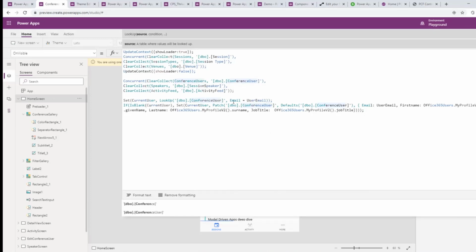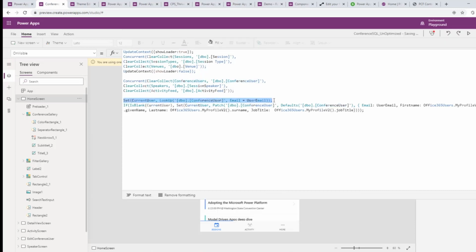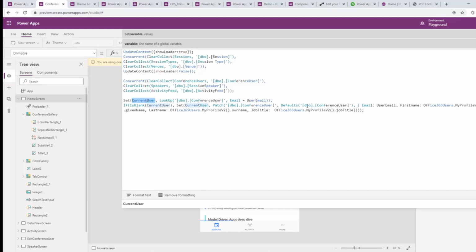The next thing here is that we are noticing, and this is actually a pretty good thing they've at least done here, that they looked up the actual conference user, which is an actual user in the conference table. If that is blank, they go ahead and create a new user that will capture things like the title, the photo, I guess not the photo in this case, but at least the last name, first name, all of the info of a user in order to have a conference user object in the table as well. So they are getting this data from